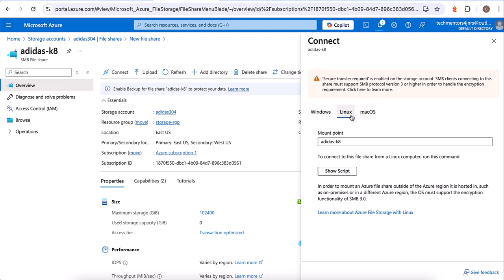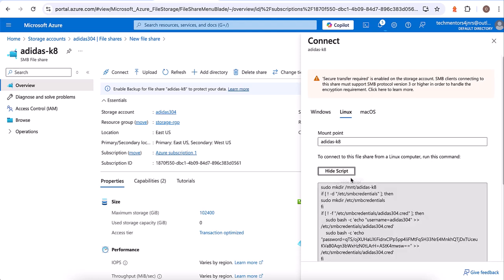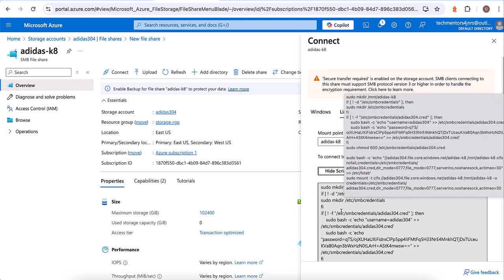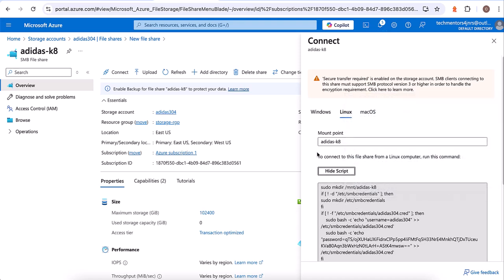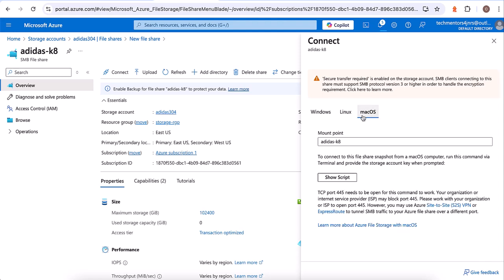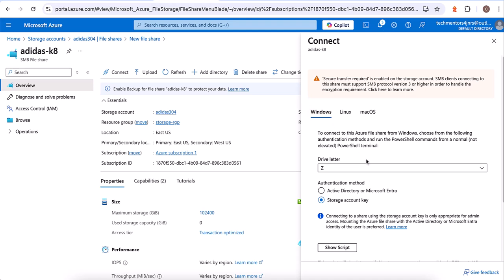To connect to any of these, you can see show script. If I click on it, all you just need to do is to copy this script and paste it in your terminal, press enter, and it will connect. The same thing with Mac.